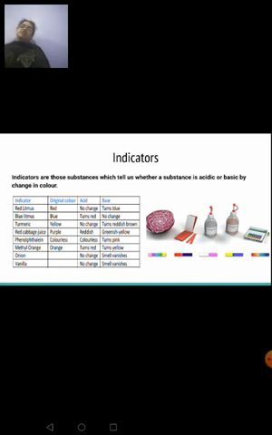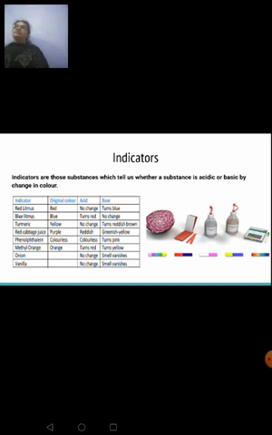Indicators are substances that are used to tell us whether the given substance is acidic or basic by nature. They are classified as natural indicators, olfactory indicators, and synthetic indicators. Natural indicators, I gave you examples of this: turmeric, red cabbage juice, even rose petals can be used as natural indicators. Synthetic indicators: methyl orange, phenolphthalein. Olfactory indicators: onion, vanilla. As far as olfactory indicators are concerned, if the substance is acidic, the smell will remain the same. If it's a base, the smell will vanish.